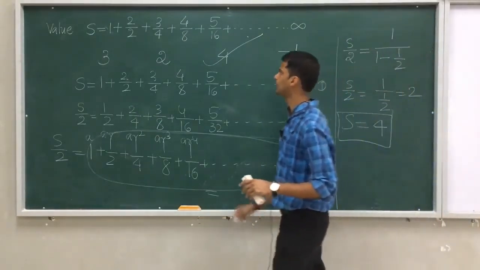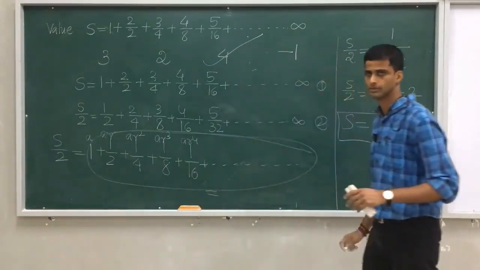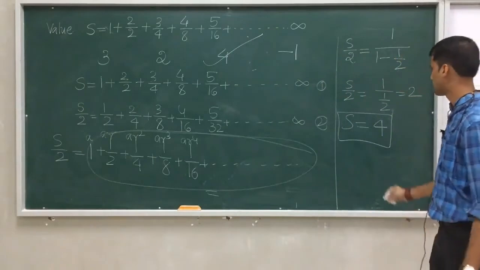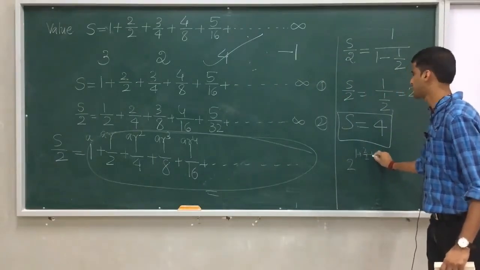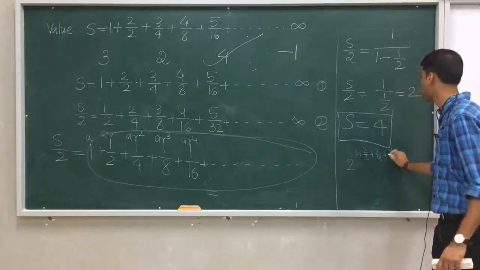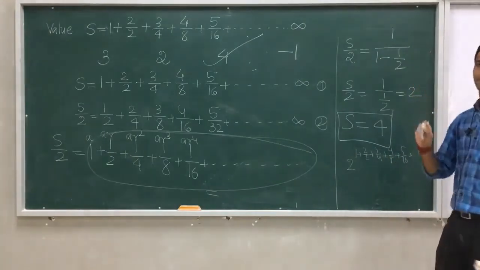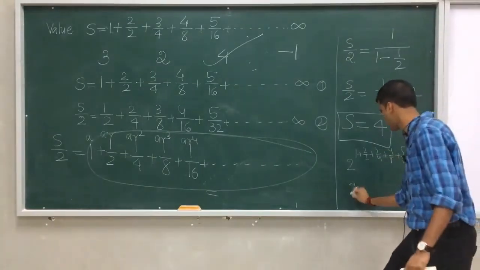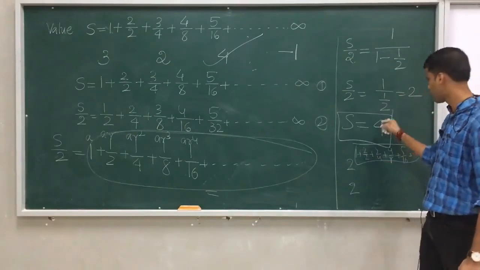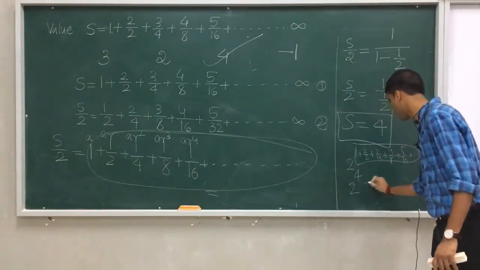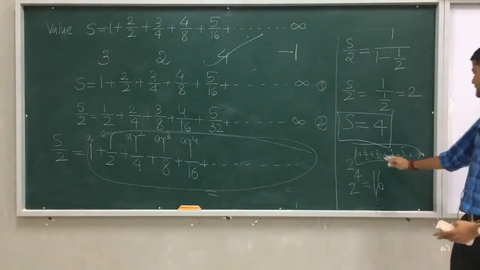It is nothing like you have to raise a power, because in this problem it is not given like 2 power 1 plus 2 by 2. Understood? Suppose they had given a problem like 2 power of 1 plus 2 by 2 plus 3 by 4 plus 4 by 8 plus 5 by 16 plus so on up to infinity. In that case, you consider the sum as S, and you got the answer as 4. You need to write 2 raised to 4, and 2 raised to 4 is 16. But luckily in this problem, such a thing is not given.